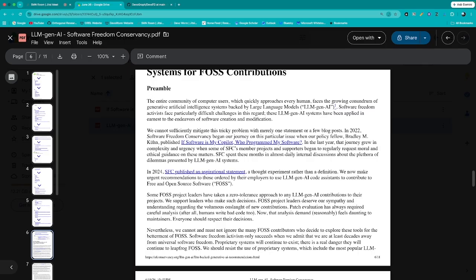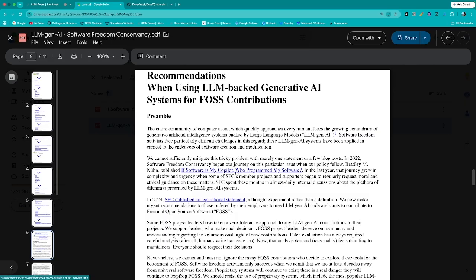Now in 2024, SFC published an aspirational statement, which is here. This is an aspirational statement on large language model generative AI programming, which was actually more of a thought experiment rather than a definition. This article here, which it links to, is more of the aspiration.